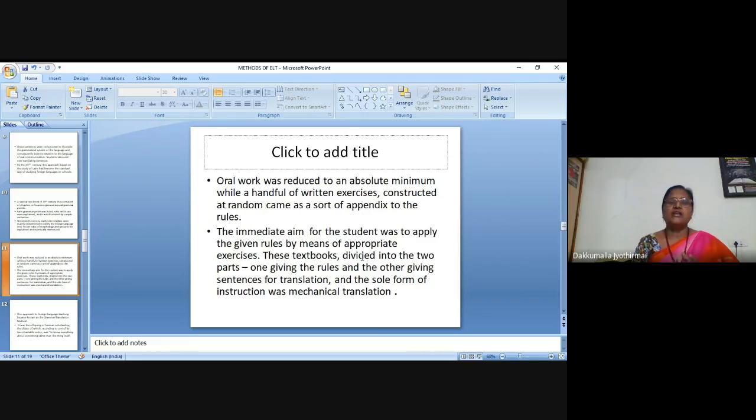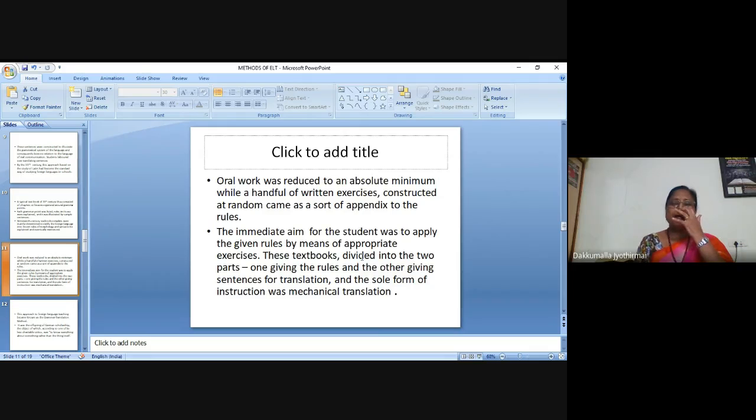Okay, in these textbooks, oral work was reduced to an absolute minimum. The focus was only on reading. Oral work is not there, and there were only a handful of written exercises. They were constructed at random and came as a sort of appendix to the rules of grammar. So the immediate aim for the student was to apply the given rules by means of appropriate exercises. The rules were given to you, and immediately you have to apply those rules in the appropriate exercises or